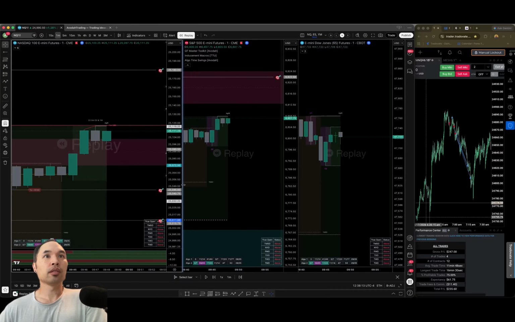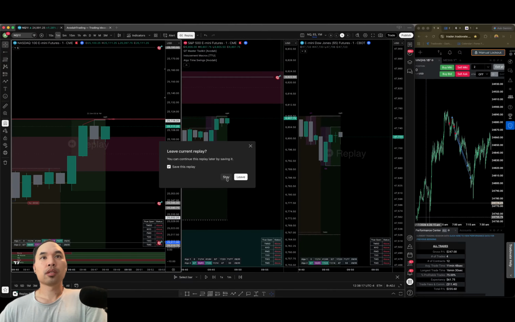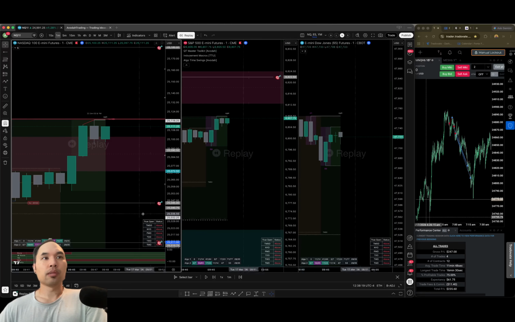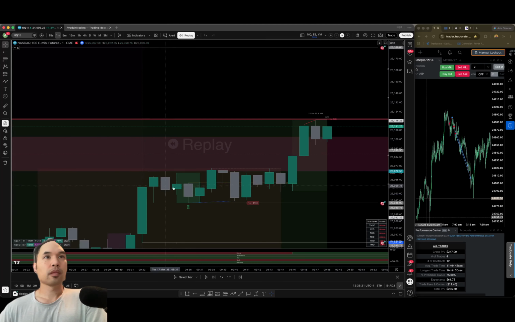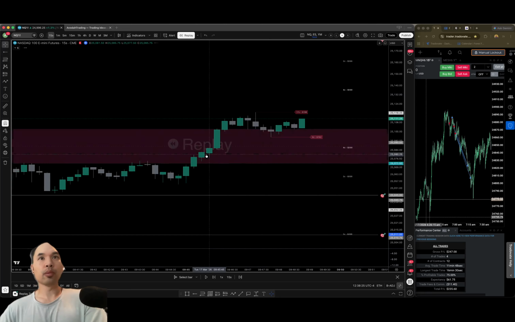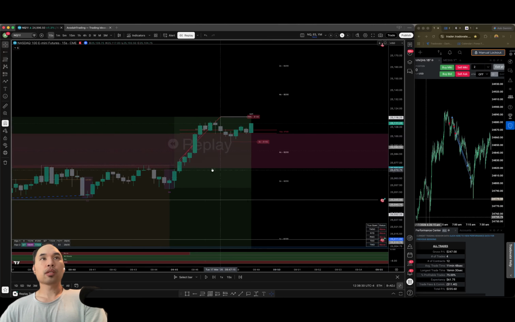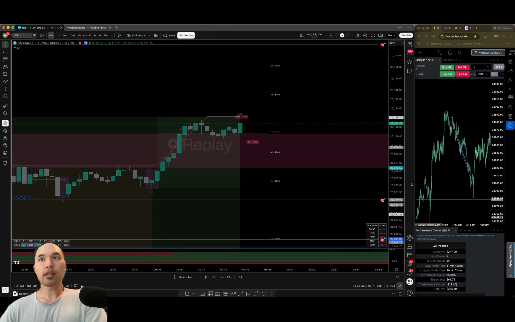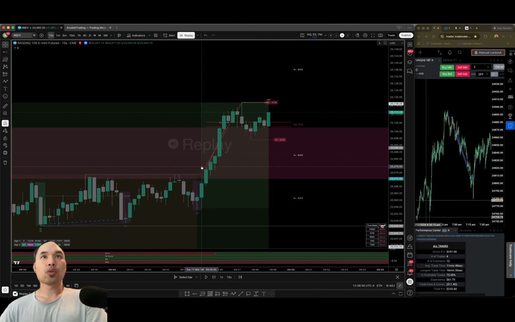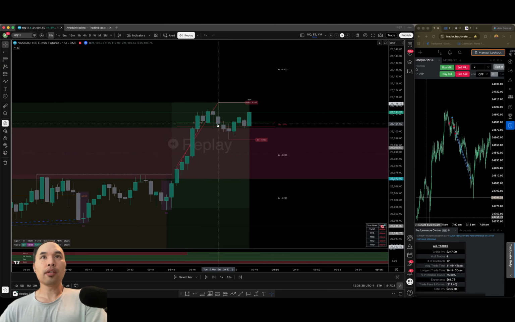I went down to the 15-second so I can see a little bit more detail on this little price action. You don't need this indicator that I have, but it marks sequential SMT plus the first FVG or the first iFVG, which are marked here. So if we play this out,